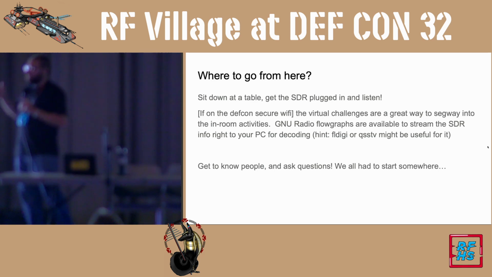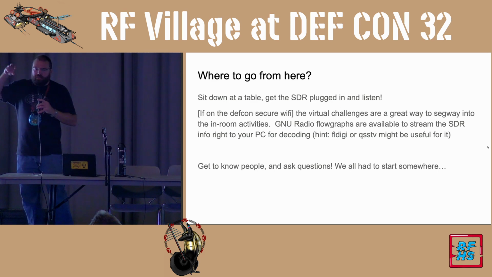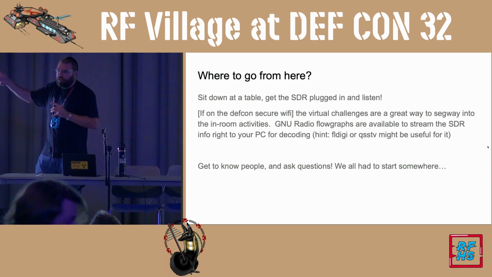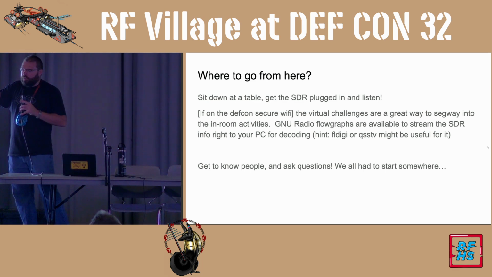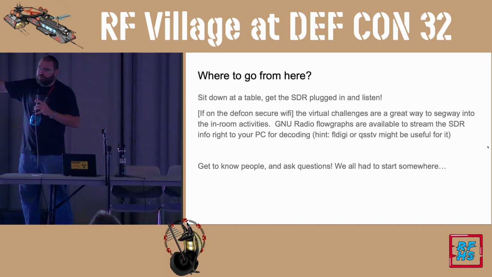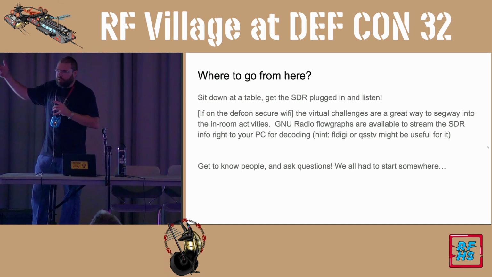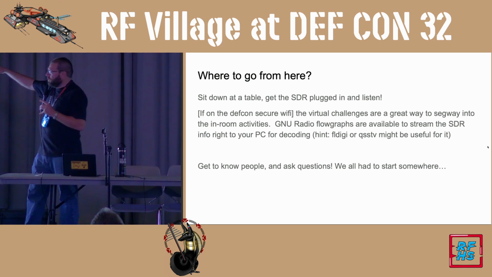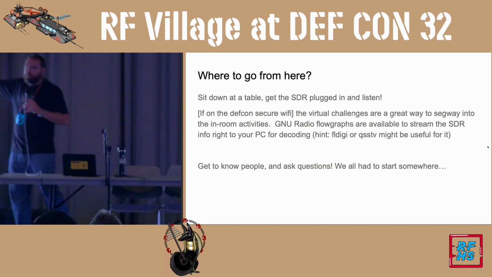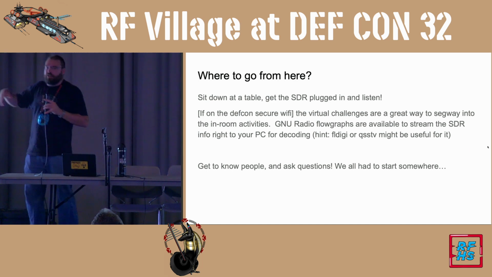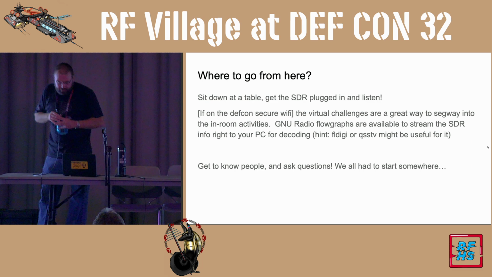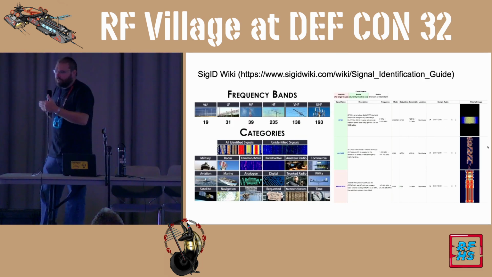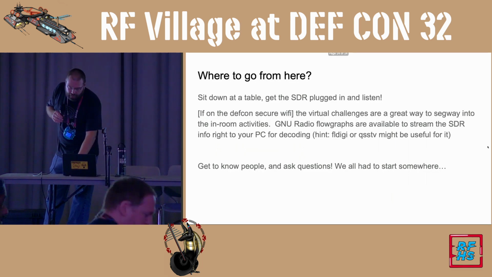In that wiki it says this is the flow graph you need, so GNU Radio, and here's how you're going to want to run it. You do need the internet connection, but you run the flow graph. It connects to the AWS, pulls, and just starts doing what your RTL-SDR would do. It gives you the audio stream or the IQ, the raw data, which you can then use FLDigi, QSSTV, things like that to decode. You're going to hear the audio, so use the SIGID wiki. You're going to hear it, compare it, things like that. But yeah, you actually don't need any hardware to do that.